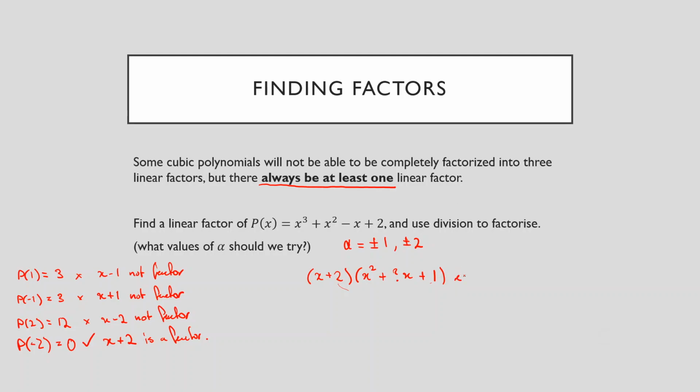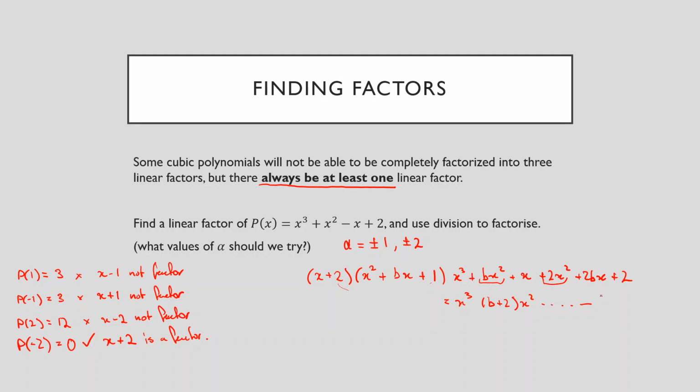Okay, so if I expand this out, I end up getting x cubed. I'll replace this question mark with a b. Okay, so I get x cubed plus bx squared plus x, and then I can do the 2, so 2x squared plus 2bx plus 2. Now equating coefficients, what we see here is that we've got this x squared term. If I combine these two x squared terms here, I'll get b plus 2 times x squared